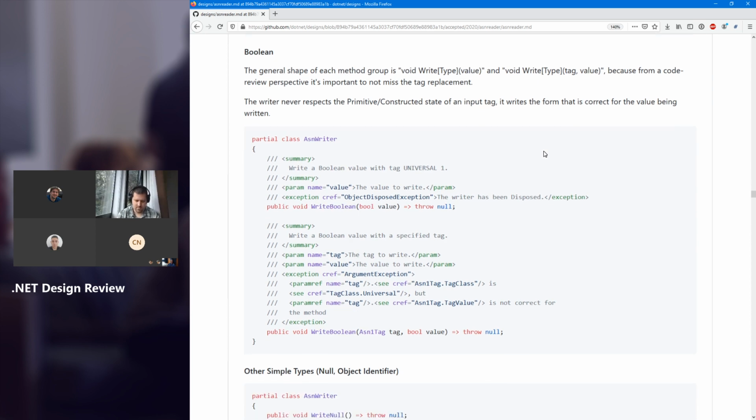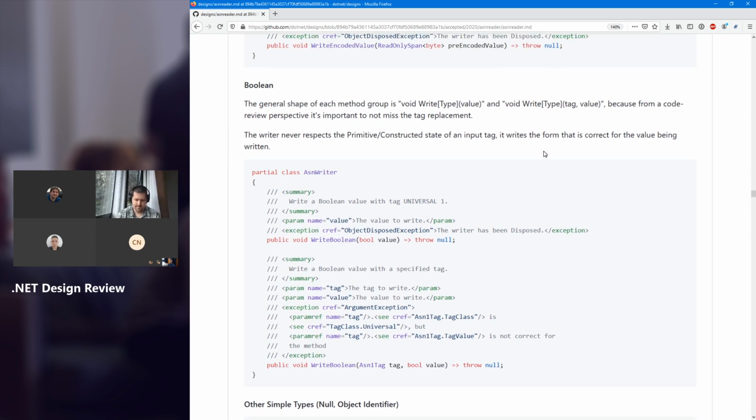Okay. So now we're going to go through. I have this set up as data type by data type, where data type is mostly in the ASN1 sense, and so everything. There's always two overloads. While the general overload rule is extra parameters go at the end. In this case,